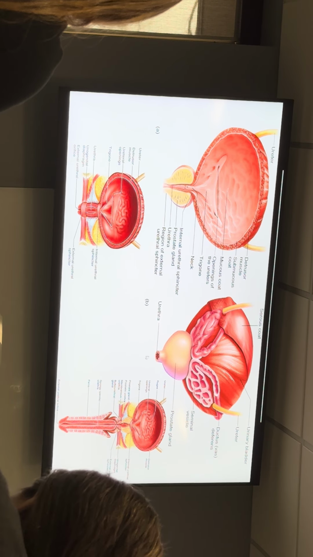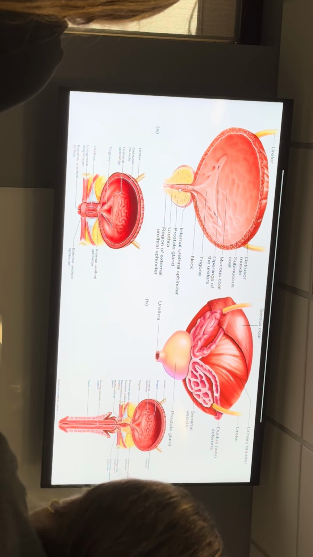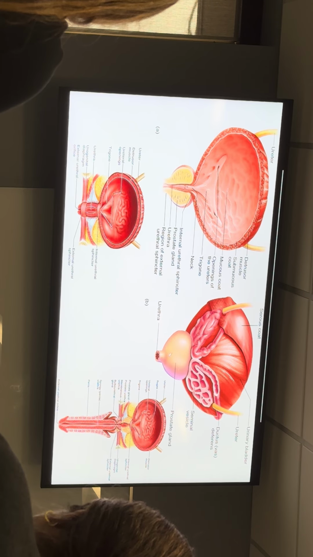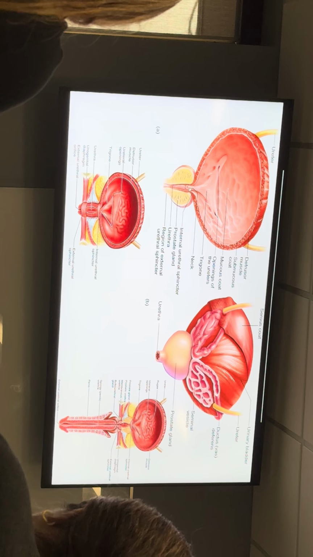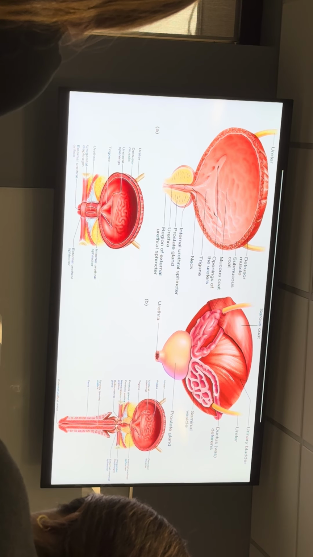Your male urethra is divided into three parts. The female urethra is not, it's just a urethra. The male urethra, the first part that's housed inside of the prostate gland, is the prostatic urethra. The next section of urethra, shown right here, is the urethra as it passes through your urogenital diaphragm or urogenital floor, as it passes through your external urethral sphincter.